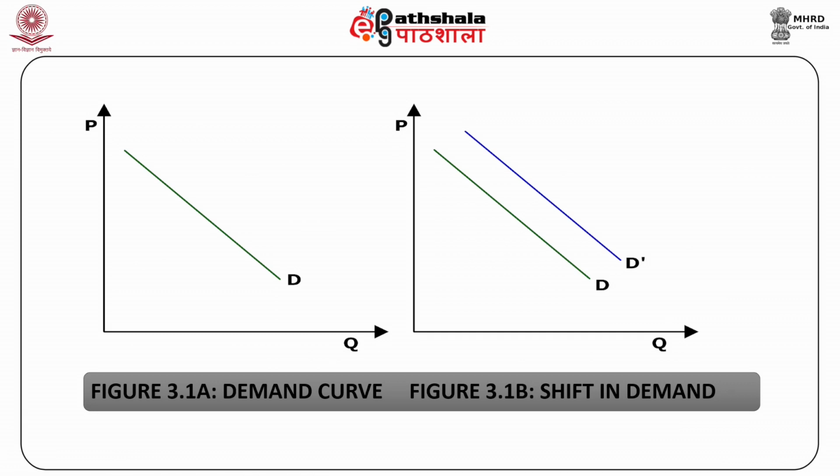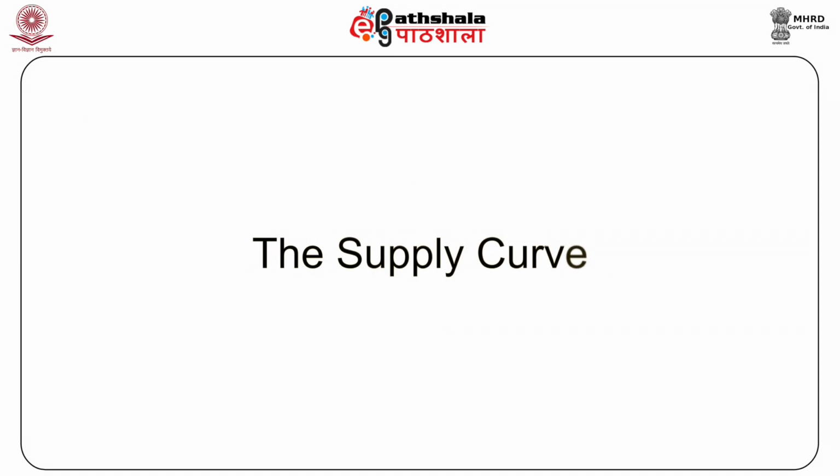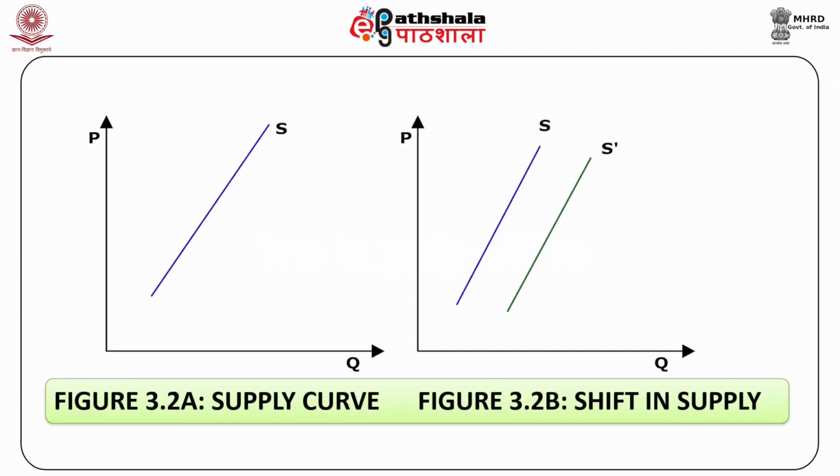Now, when there is a change in income, prices of related goods, or the consumer preferences that affect the quantities demanded at each possible price, it causes a shift in the demand. For example, an increase in income may lead to a rightward shift in the demand curve as depicted in figure 3.1b. The supply curve. The amount the firm offers for sale also depends on various factors such as the price